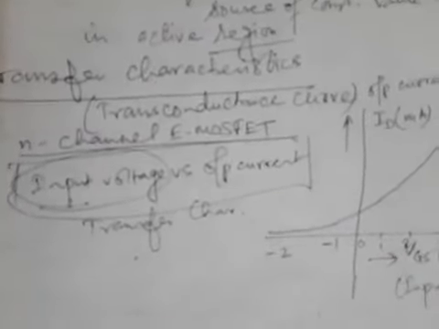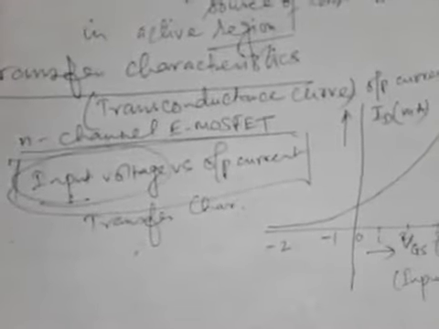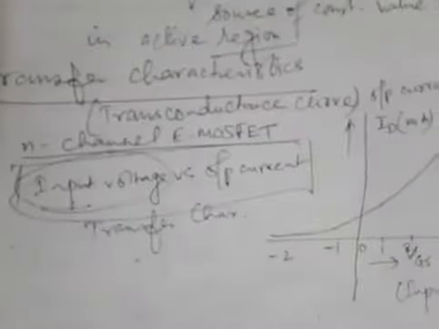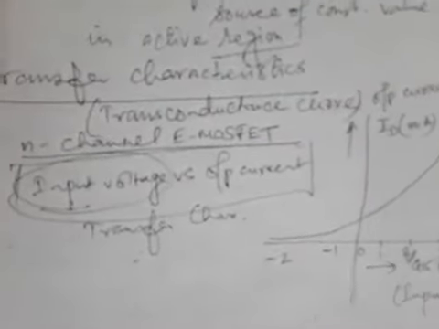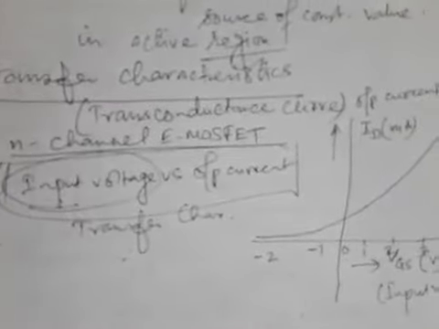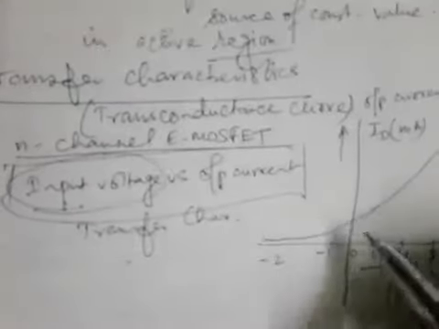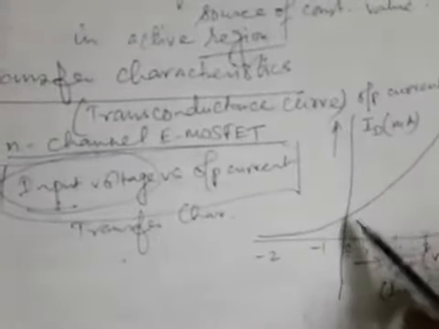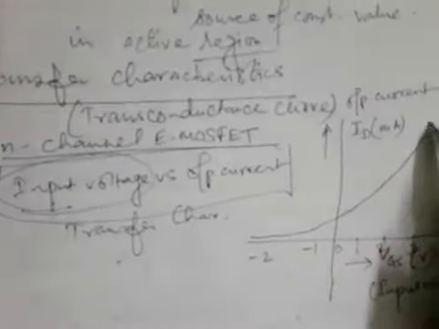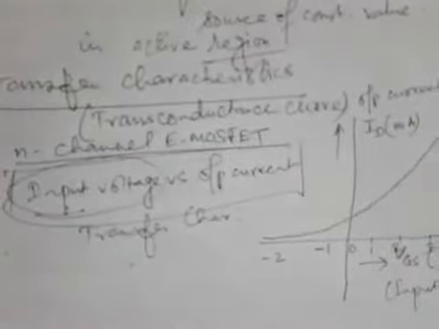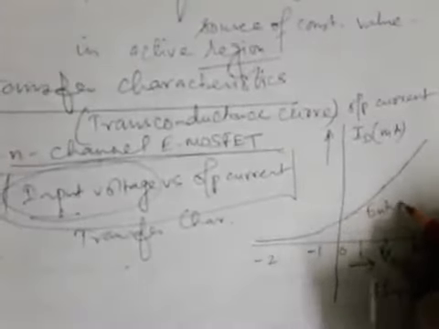So we have seen that if we increase the VGS in positive direction, just we have seen in the last VI characteristic, we have seen that if we increase in positive direction the VGS, the current increases. So here in the right direction we are increasing, that means here we can see the current is also increasing. That means this is the region in the first quadrant of operation in this transfer characteristic establishes enhancement mode.